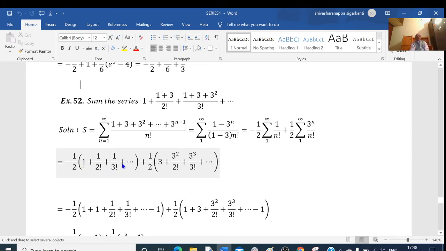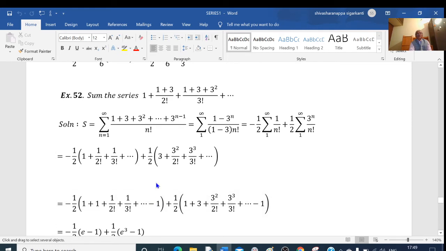So these are the terms of the exponential series, but I think first term is missing here. See here, we know that e equal to 1 plus 1 by 2 factorial plus 1 by 3 factorial plus 1 by 4 factorial and so on. So one term is missing, that is the first term is missing. So therefore I will add that term 1 plus the remaining terms. Next I have added this one here. So finally I will subtract here. Okay, add 1, subtract 1. Here also the first term is missing. 1 plus x square by 2 factorial plus x cube by 3 factorial plus and so on. So that first term 1 is missing. Therefore I am adding 1 here and I am subtracting 1 here.